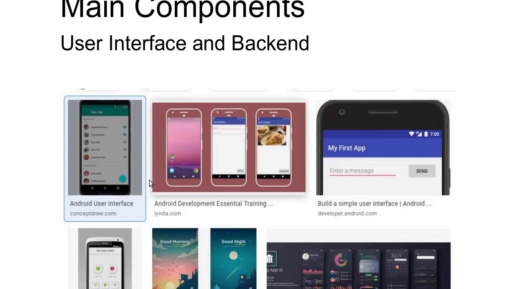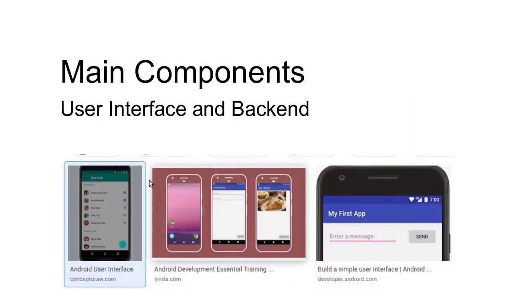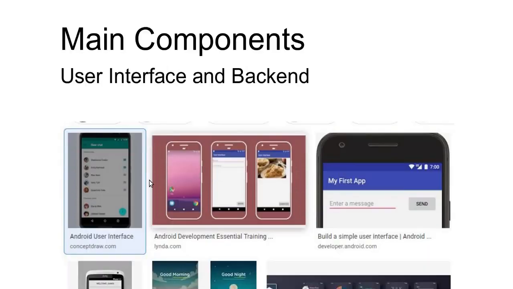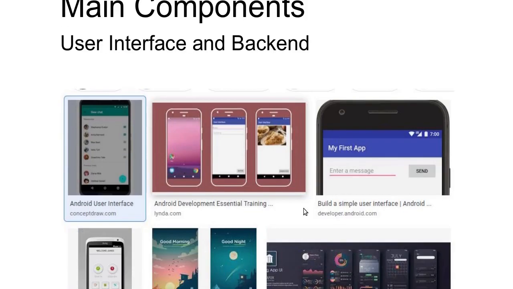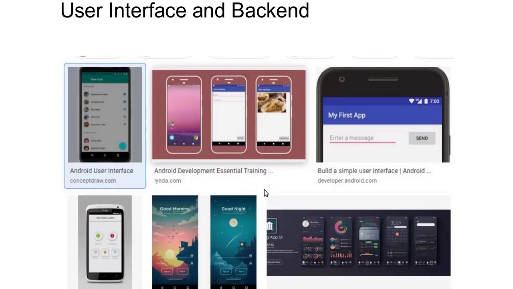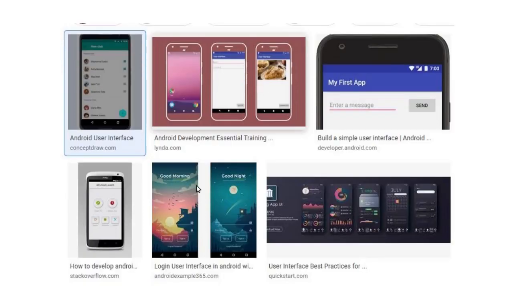So let's understand what the main components are. The first component is the user interface, and then we have a backend. I have taken that picture from Google to show how the user interface looks. User interface means the way you see things on your mobile device. If you see here, there are different kinds of screens, different kinds of apps, and every app